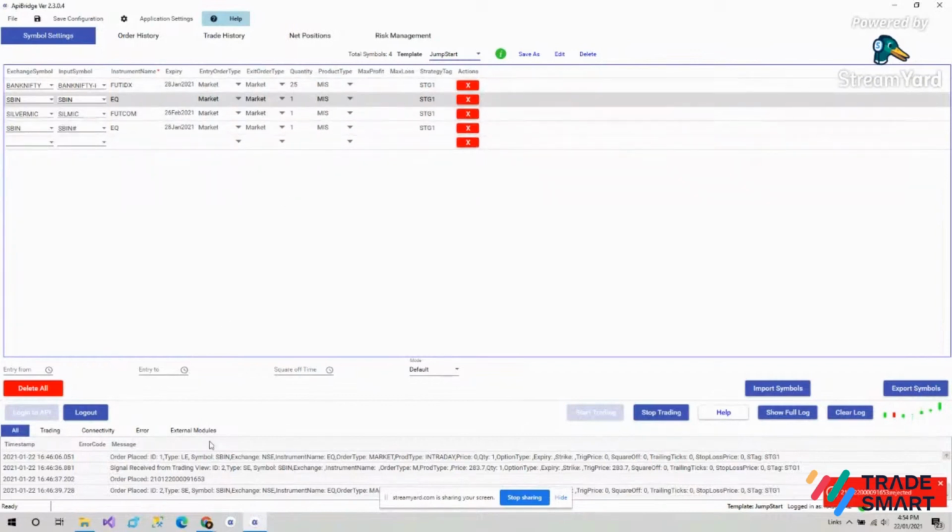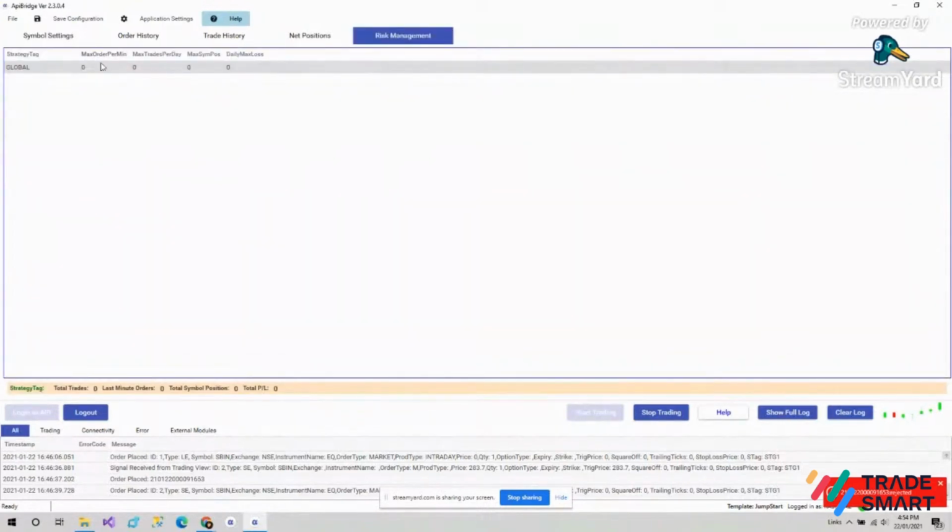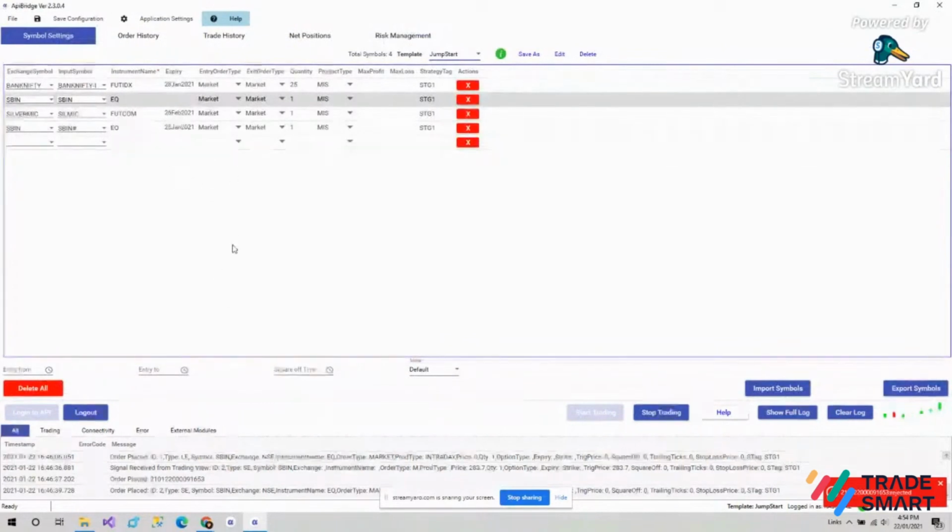Then there are risk management settings. You can see here max profit, max loss. And then here some risk management settings are here: max order per minute, max trades per day, max symbol position. These are some risk management settings.